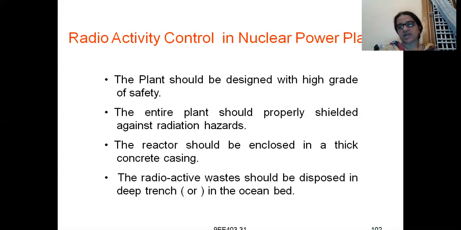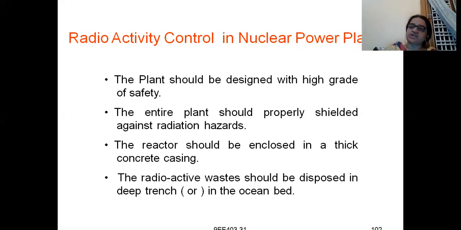Easily we can get affected, because in this nuclear power plant or nuclear vessel, with the reactions taking place, a lot of radiations are getting released. In a thermal power plant we are only undergoing combustion. What happens in combustion is that along with carbon dioxide, some gases get released.